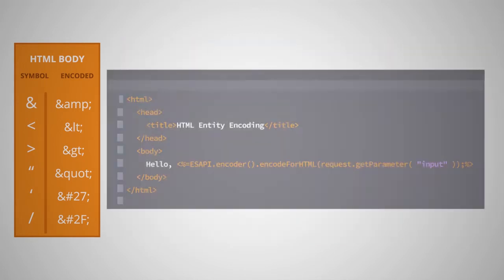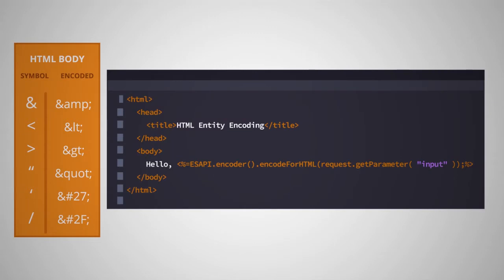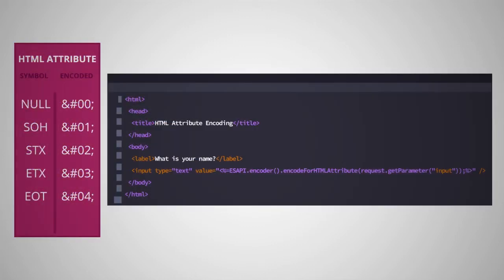If untrusted data is utilized within an HTML tag body, then we must make use of HTML entity encoding. HTML entity encoding translates special characters into their HTML entities equivalent. If untrusted data is utilized within what is considered a safe HTML attribute, then we must apply aggressive HTML entity encoding. This involves applying HTML entities translation to all ASCII characters as opposed to just the 5 in traditional HTML